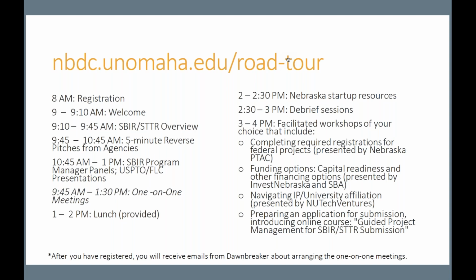Then once you're registered with us, that's it. We will pass along our list of registrants to an organization called Dawnbreaker, who contracts with the Small Business Administration, and then they will work on the one-on-one meetings. So they'll send you emails to say, help us prioritize who you actually want to meet with, and we will do the work to set up the one-on-one meetings and optimize the meeting times with the different federal agencies, who is interested in meeting with them, and making sure that all of that part goes smoothly.